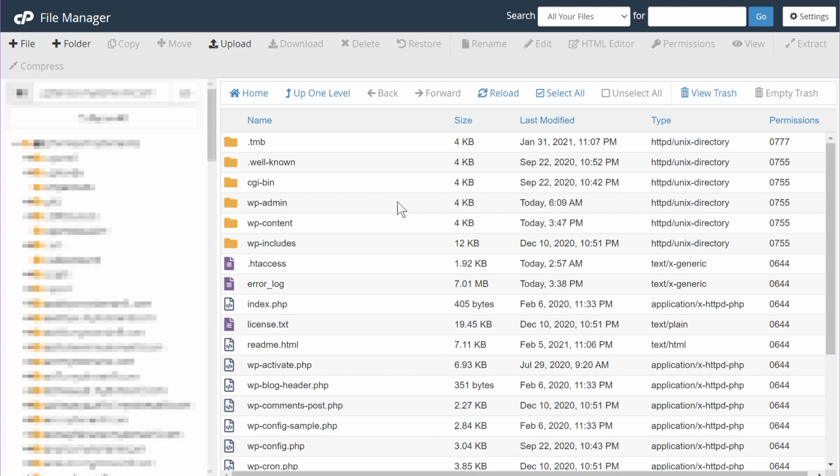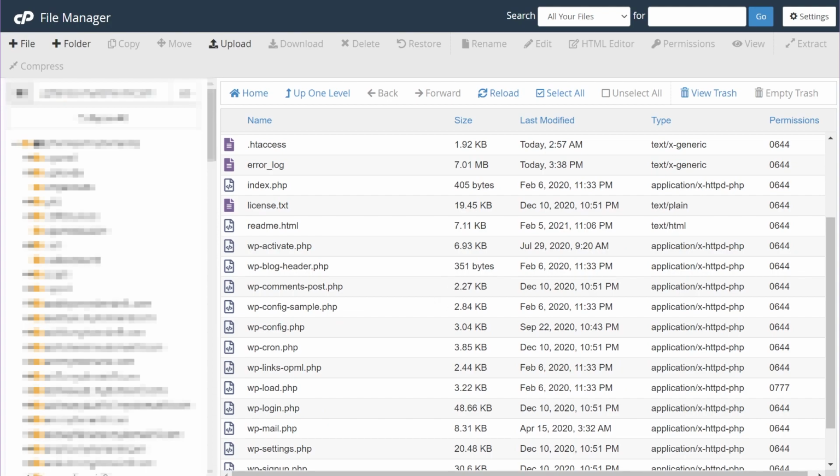Talking about option number 3 to increase PHP time limit on your website is to edit your wp-config.php file. Now, contrary to php.ini file, the wp-config file is usually accessible on most hosting platforms, and even shared hosting providers give you access to that file. And this is my file manager inside my account, and as you can see right here, wp-config.php file. So all you have to do is edit the file, add the line of code that I'm going to show you, and then save the file.